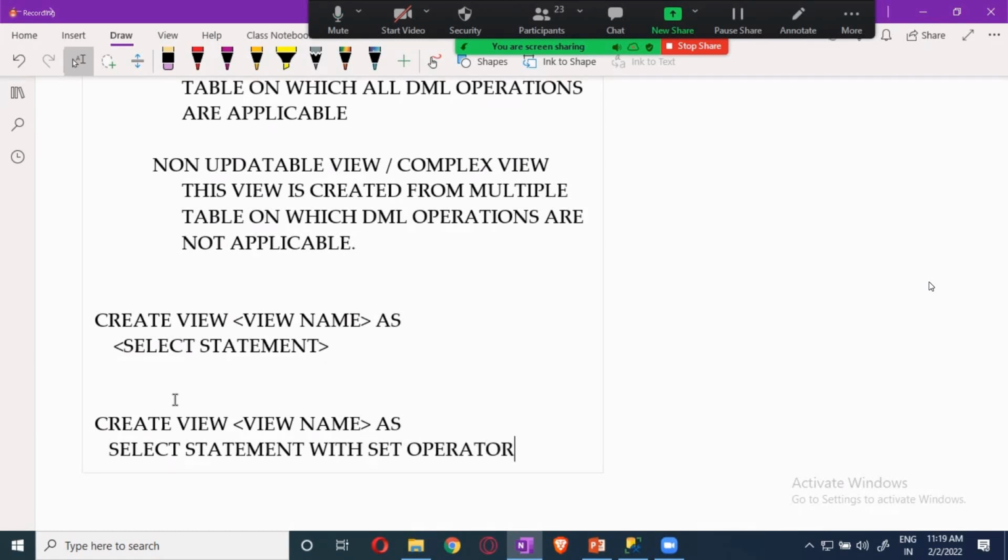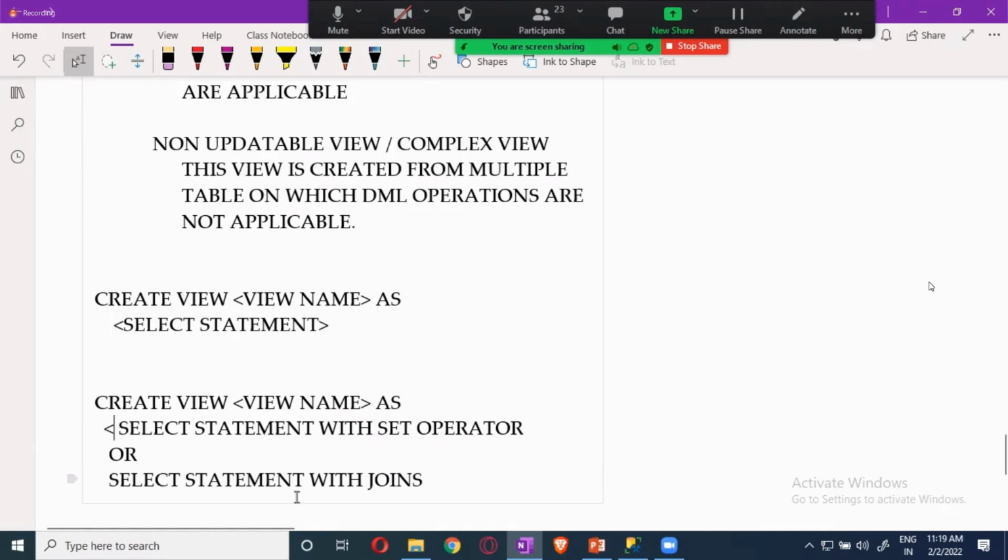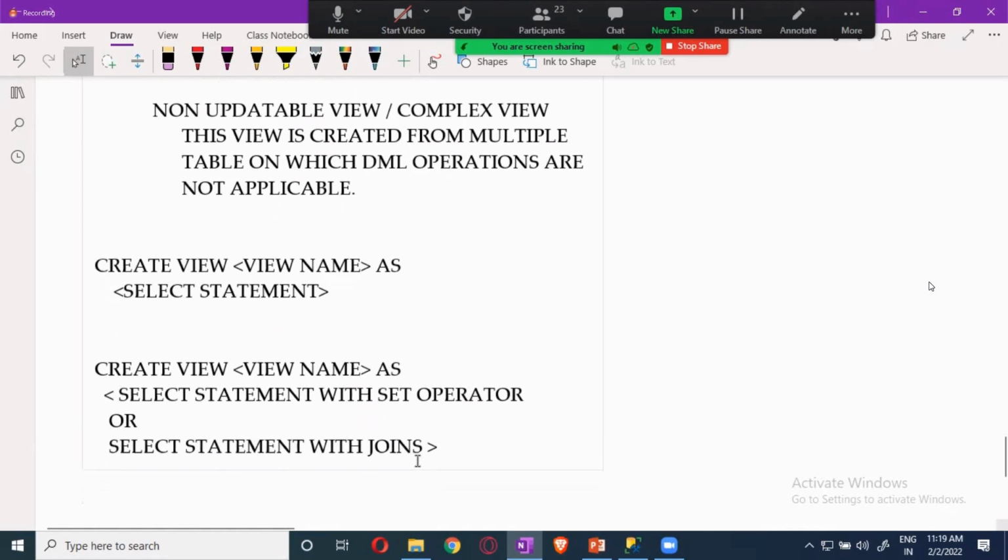That operator will extract the data from multiple tables, right? And you can also use select statement with joins. These are the two things you can do over here.